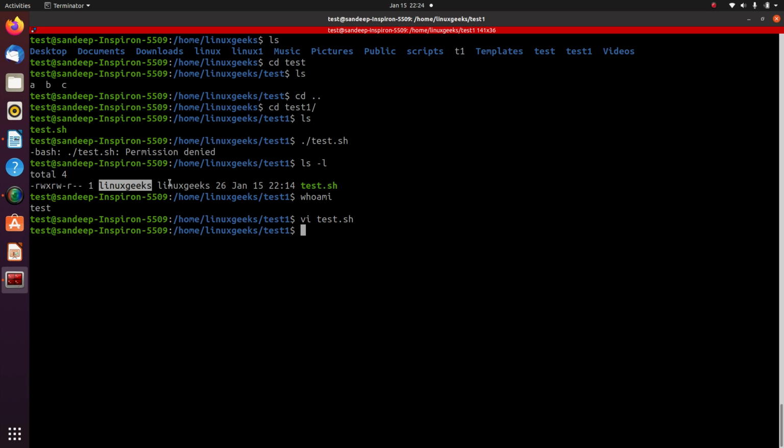This is the user or the owner of this file. Then this represents the group members who are the owners of this file, and this represents the size of this file. So to check the size, let me do this. What I have done is I have done word count,